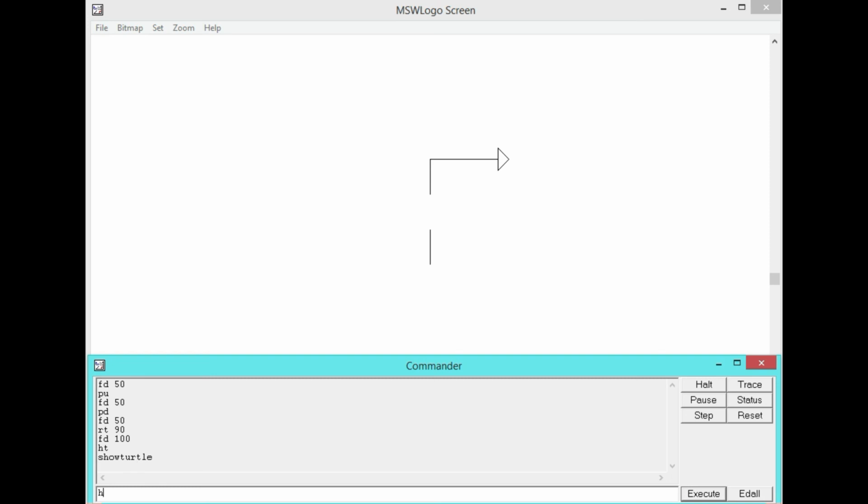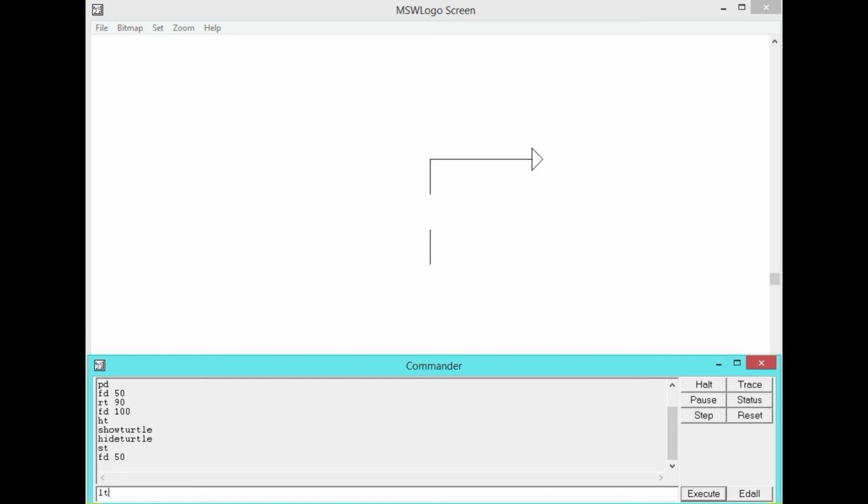Now you can again use the hide turtle command. Let's write HIDETURTLE and press enter. This will again hide the turtle, and now you can write ST to again show the turtle, and then continue with your drawing. So I can again write forward 50, press enter.